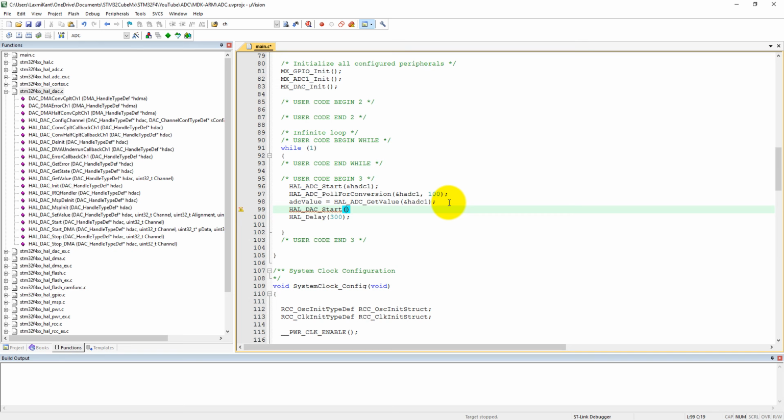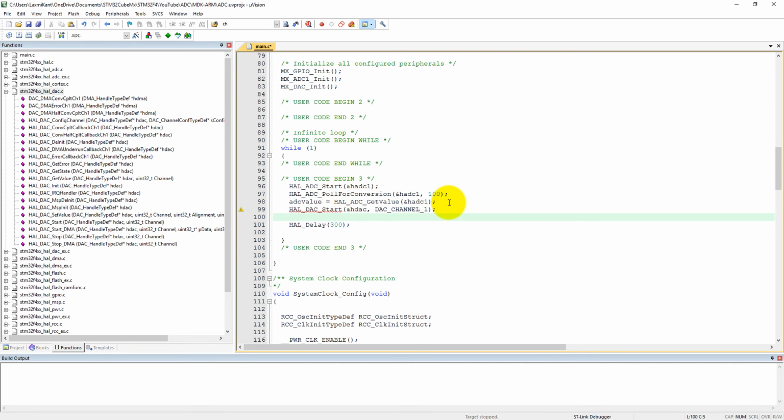So the handle for DAC, and then we need to start the DAC. It is channel number 1. There are two DAC channels, DAC channel 1 and DAC channel 2.